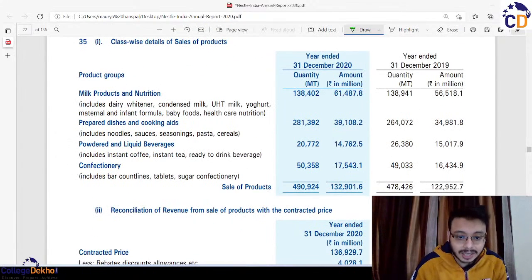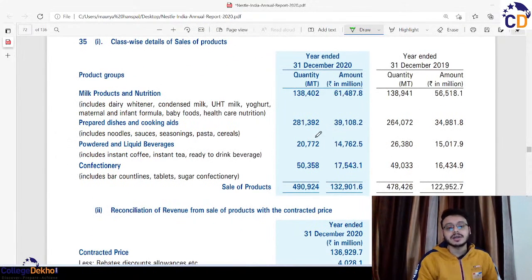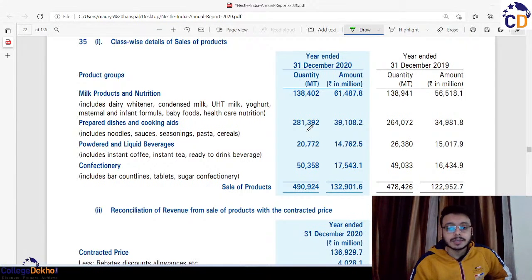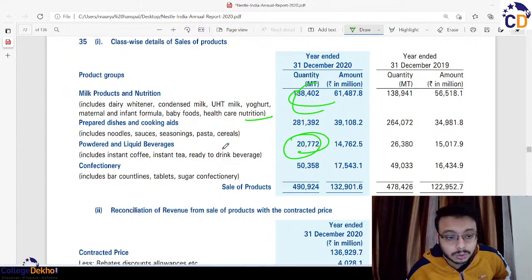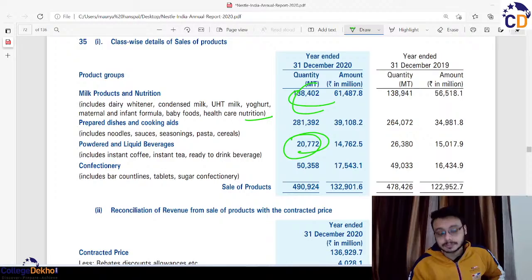प्लस दे हैव गिवन द क्लास वाइज सेल ऑफ प्रोडक्ट्स, तो आप देख के पता चल रहा है कि कौन से प्रोडक्ट की सेल सबसे ज्यादा है। सो 281, 392 ये माना, तो हमारा जो मिल्क एंड न्यूट्रिशन है इसका सबसे ज्यादा सेल है, एंड सबसे कम सेल इज 2772, योर पावर्ड एंड लिक्विड बेवरेजेस।